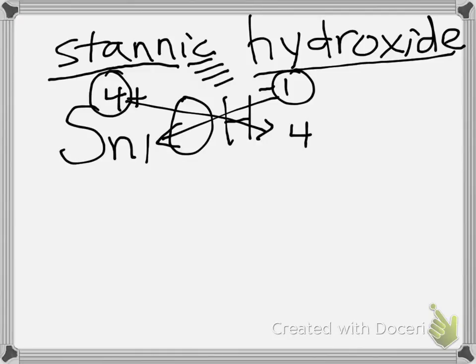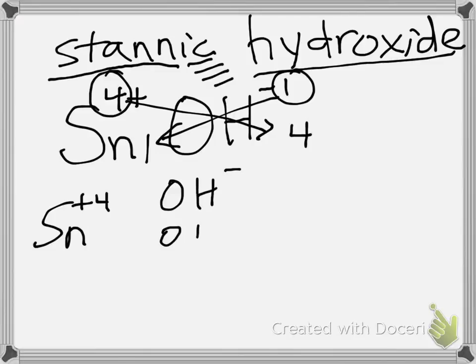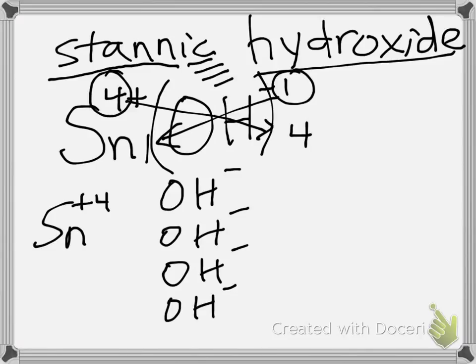Again, I need to be careful here. Because tin has a +4 charge, I need 4 hydroxides, each having that -1 charge. So I have to have my hydroxide in parentheses. So my formula for this looks like,